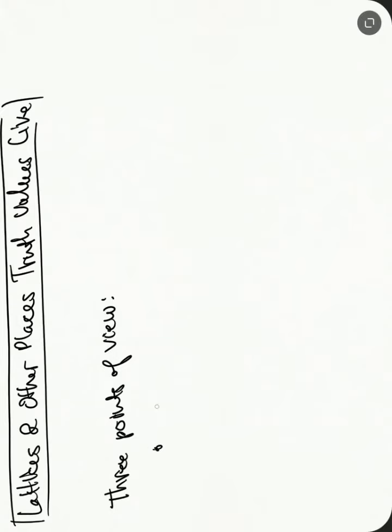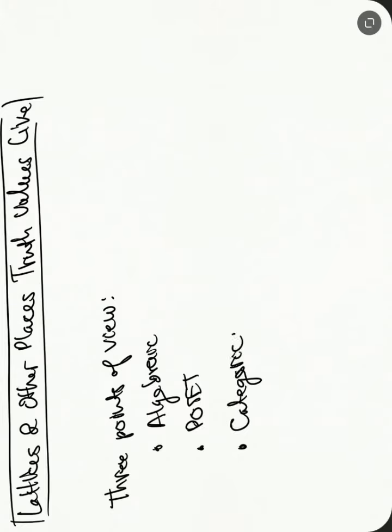There's kind of an algebraic point of view, there's kind of a Poset point of view, so partially ordered sets, and then there's kind of a categorical point of view. The translation between them is not difficult. Okay, so let me just start by drawing